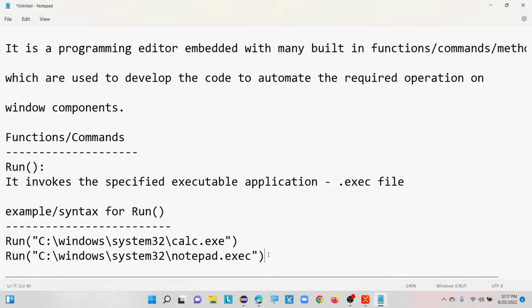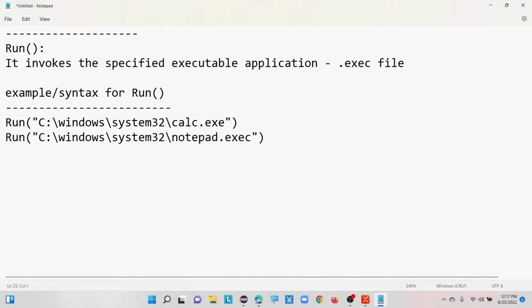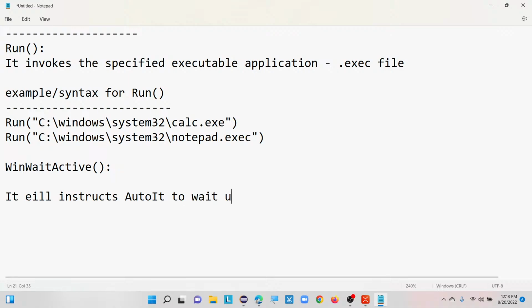Moving to the next command. What is our next command here? Our next command here is win wait active. Win wait active is also one command. So what will this win wait command do? It will instruct AutoIt to wait until the specified window is active,